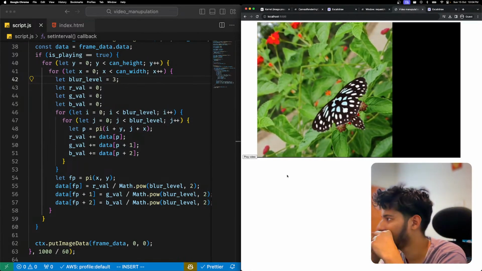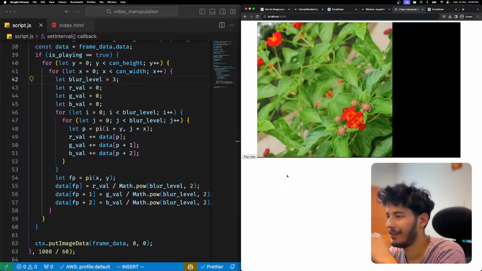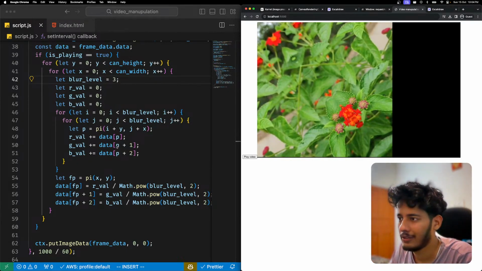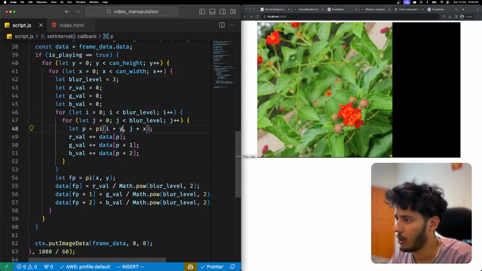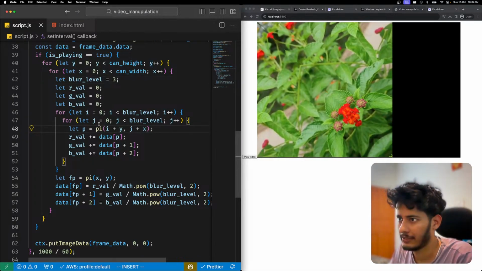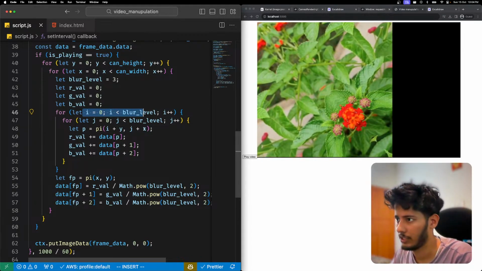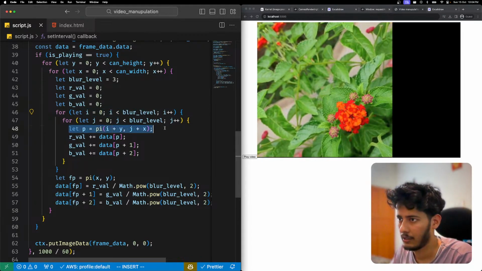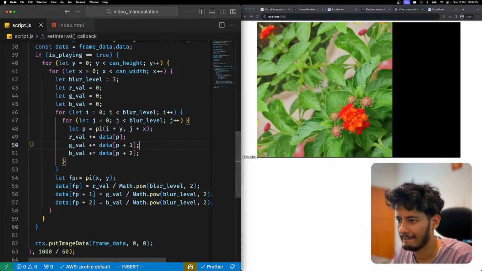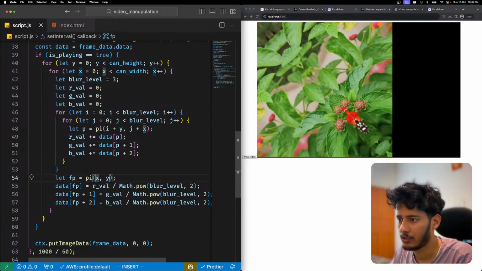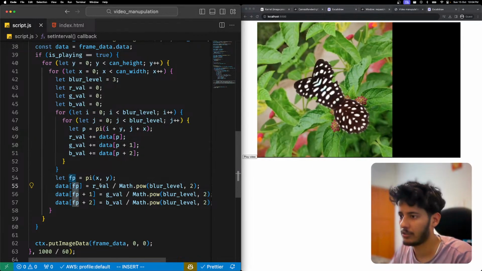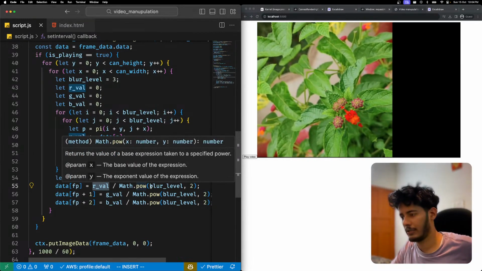Oh, we have done something very weird. We say i plus y and j plus x. i is the bottom thing, which is i plus y, and j plus x, which is correct. And then we say fp is equal to r val divided by